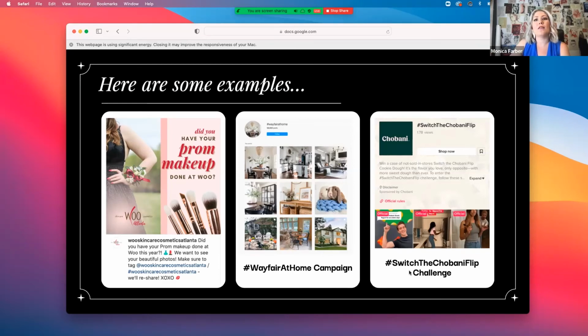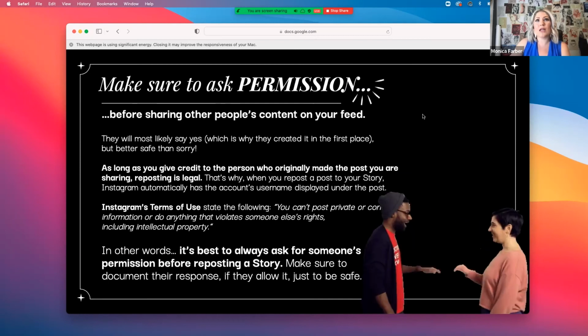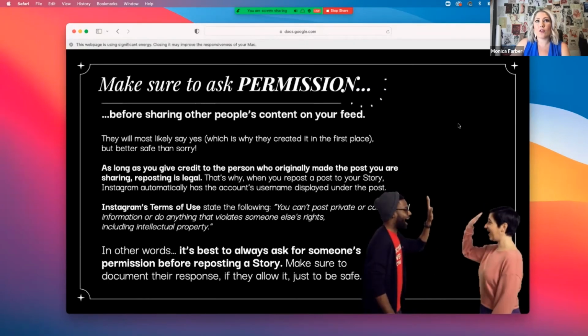And then there are challenges. So Chobani on TikTok did a switch the Chobani flip challenge. There could be any sort of challenge that you can make up, as long as it's creative and use the hashtag and get people to start participating. It could even be something as small as something in your local community or neighborhood, and just get people involved there. And last but not least, make sure to ask permission before you're sharing other people's content on